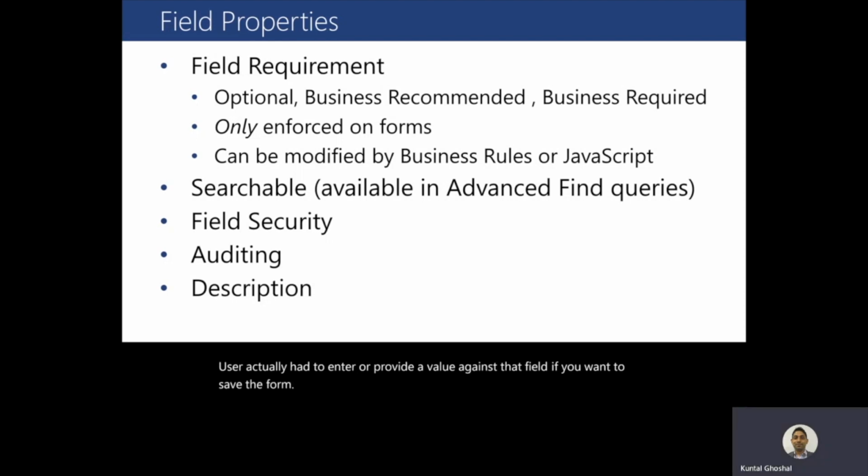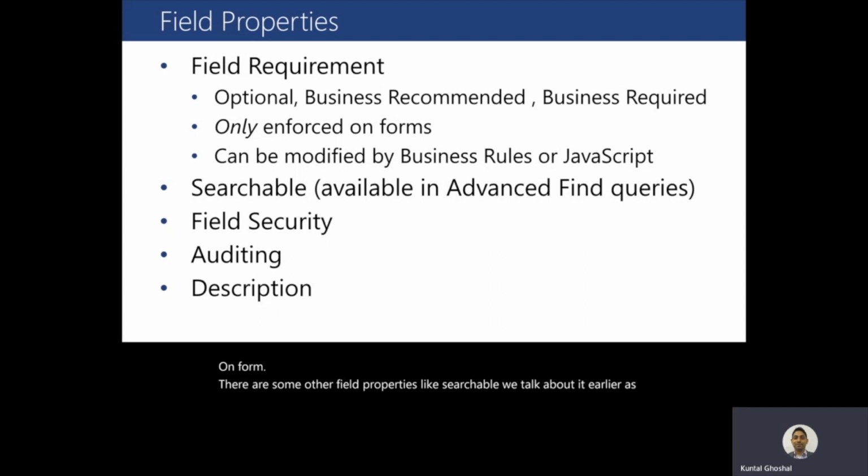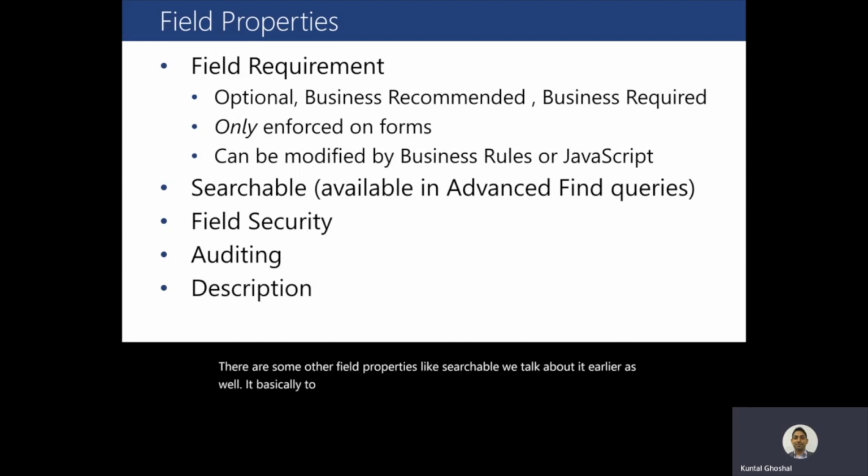It can also be modified by using a business rule or JavaScript, this field requirement part. And one thing to understand is that it's only enforced on the form. There are some other field properties like searchable. We talked about it earlier as well. It basically determines if that particular field will be searchable in the advanced find queries. When you trigger an advanced find query, if you want to see that particular field, you need to mark that